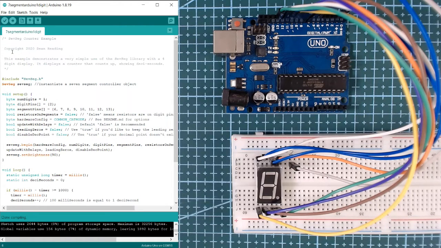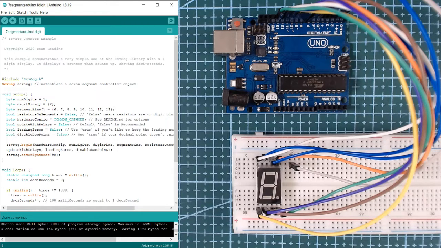For this code, I have edited some of the lines so that we can use this on a 1-digit display. This library supports 1 to 4 digit 7-segment displays. Since this supports 4 digits, we will be using this in our next tutorials about the 4-digit 7-segment display.